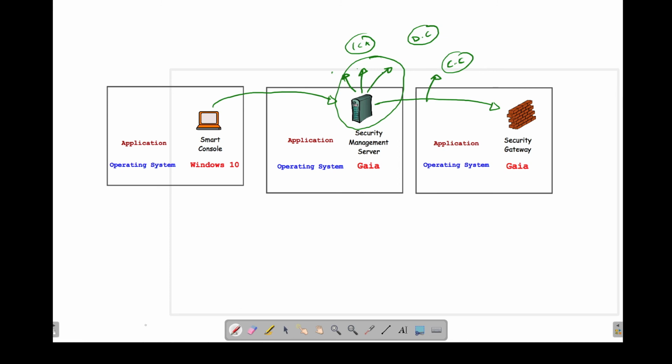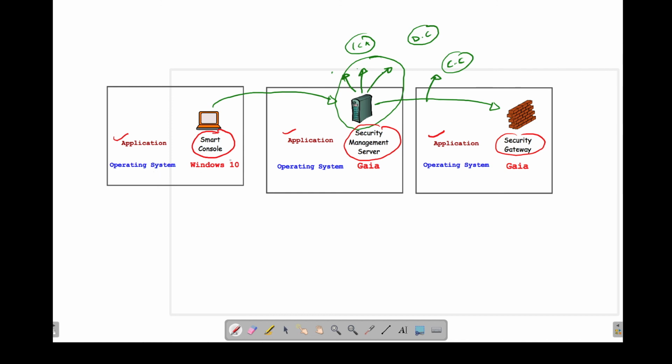Now if you see carefully, the Smart Console, our Security Management Server, our Security Gateway, all these are what? Checkpoint applications. That means if I want to install the Smart Console application, I need to install it on some operating system.